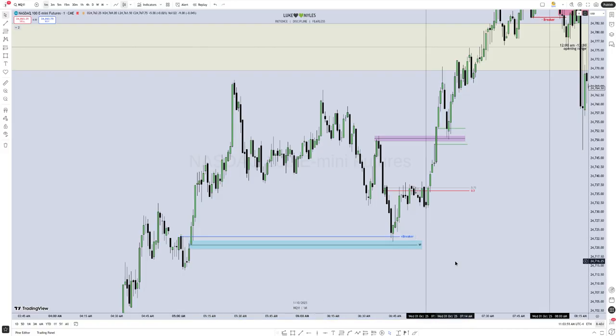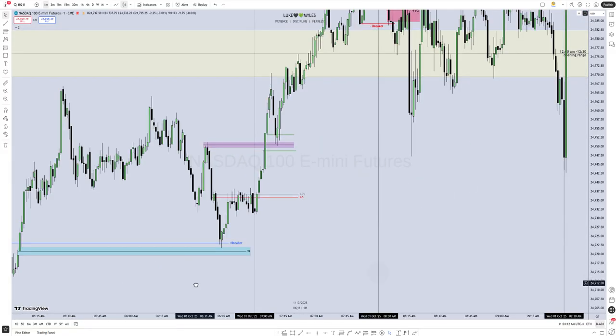So we have a bullish breaker right there, as you can see. But within this bullish breaker, how far can the market go when it comes back into it? This volume imbalance right here. So this is not random. This is price action printed for you to see, and basing on that to